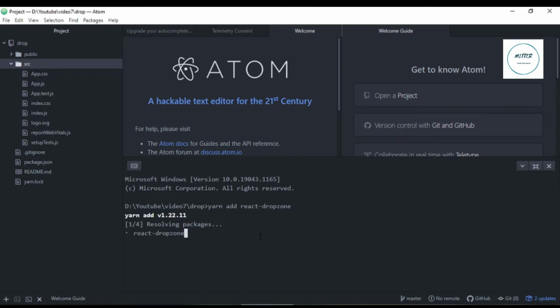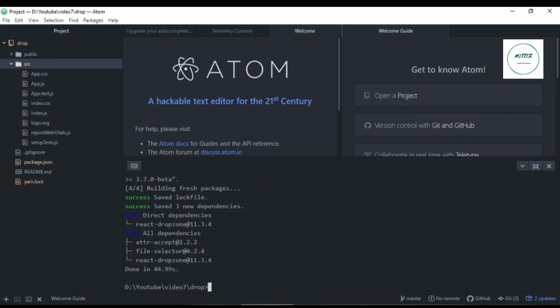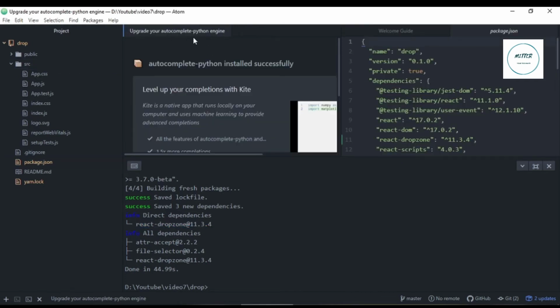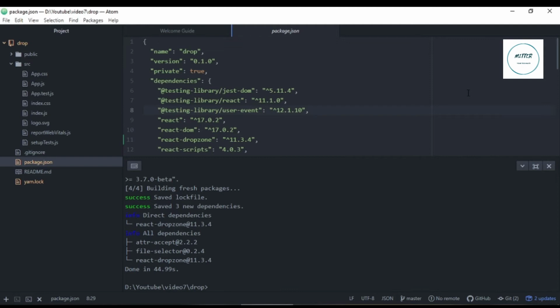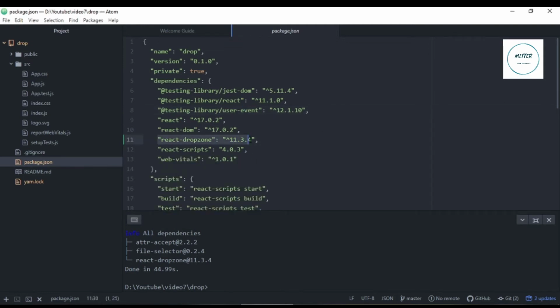Let's wait until this library is installed. Now I have successfully installed React Dropzone in my React application. I can even check it in package.json. If I go to package.json, I should be able to see React Dropzone and the version that I have installed here. So it means that it has been successfully installed.